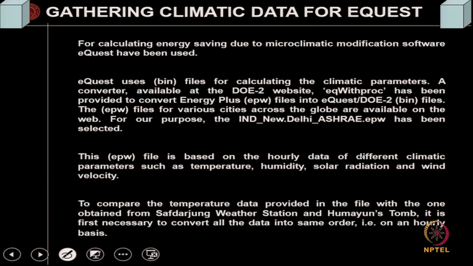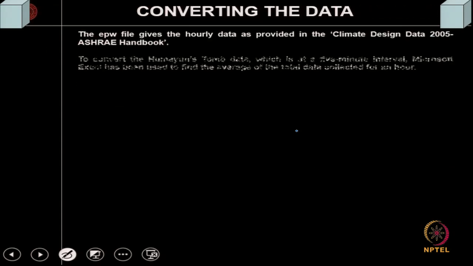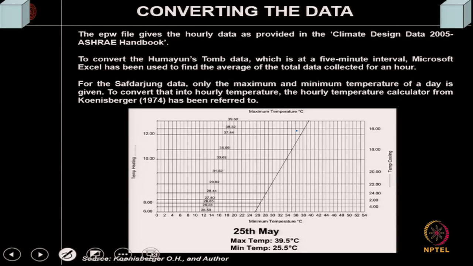Supposing I calculate the annual energy consumption using open source software like EQUEST. Those who are interested can look into the software. It is open source software developed in the US Department of Energy, DOE 2. So, you can use this, and if you calculate this out, it will show you that